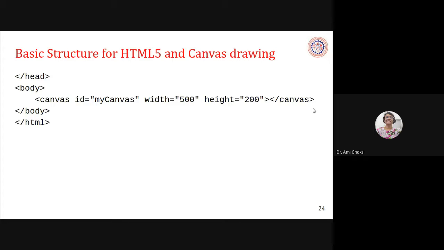So this is our basic canvas drawing structure, right? We haven't yet drawn anything, right? We haven't drawn a single line. This is the basic structure, right? So in each and every shape drawing, whether we are having a line or a rectangle or a circle or whatever shape we'll be using, for all of them, this is the basic structure. That's why I have shown you first. This will be used again and again for each and every shape. Okay, one by one we'll learn a different shape, so we'll be using it repeatedly, fine?